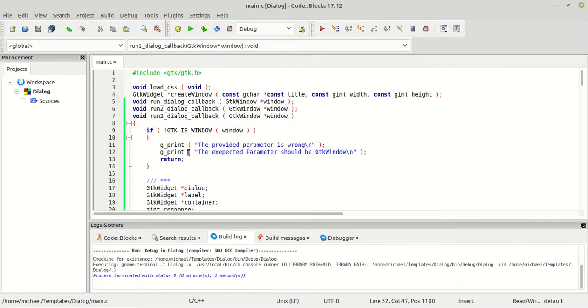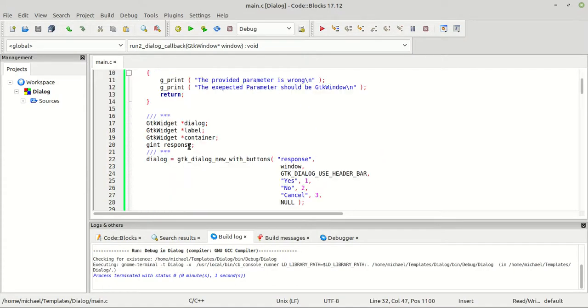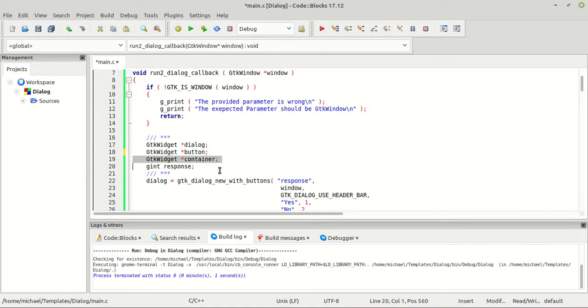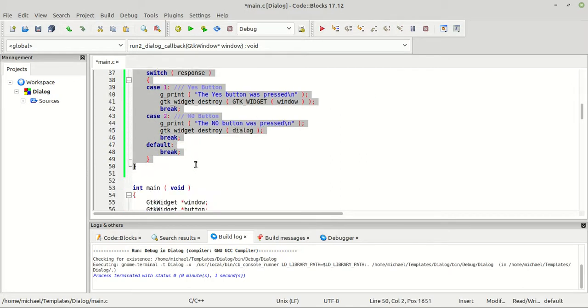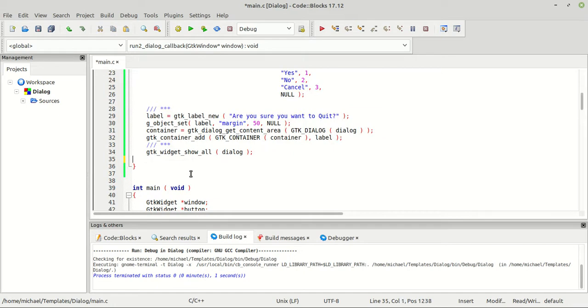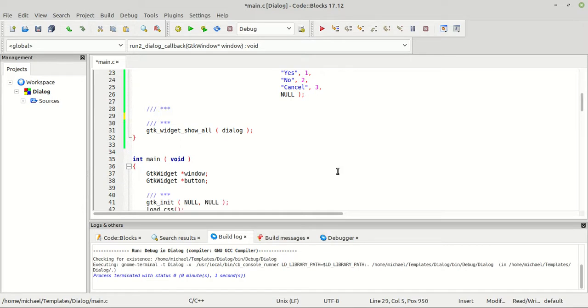So I'm going to make some changes here. I'm going to change the label to something else. I'm going to call it button. I'm going to remove the response and container because we don't need it now. Also this part here, we don't need it, so we are not going to use it now. You already know what you have to do and how you have to do it. So the container part and the label also, and we are going to create a button,